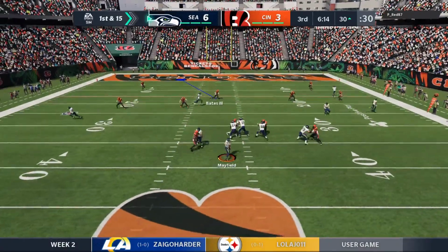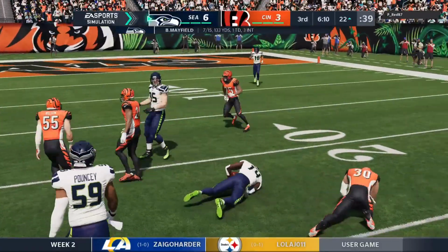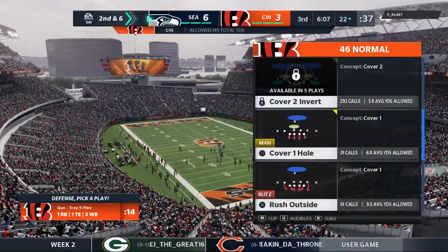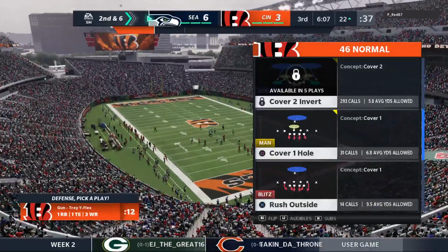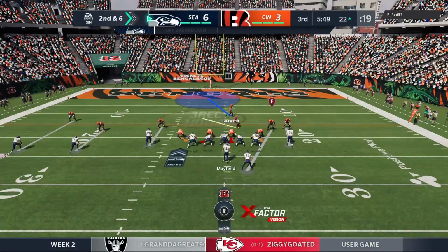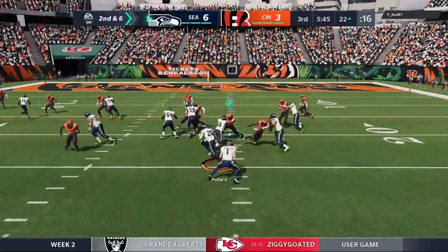Now Mayfield. A quick target here, complete to Metcalf. And he'll be a couple yards shy of the red zone here at the 22-yard line. Nothing fancy on 1st down, but a very consistent type of a play. Hit that slant. A lot of people call it an extension of the running game, and it can be if